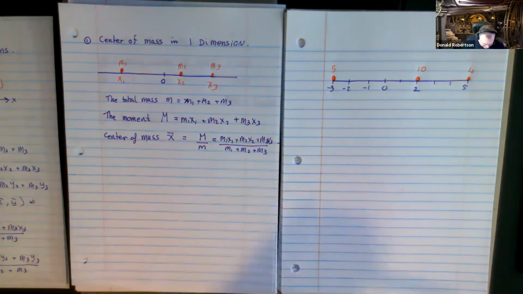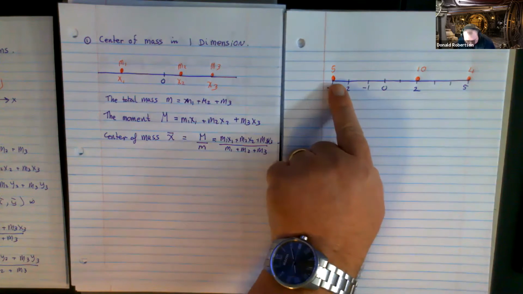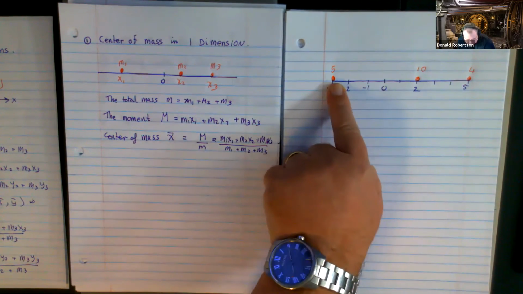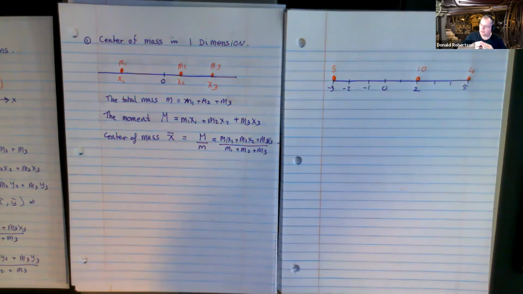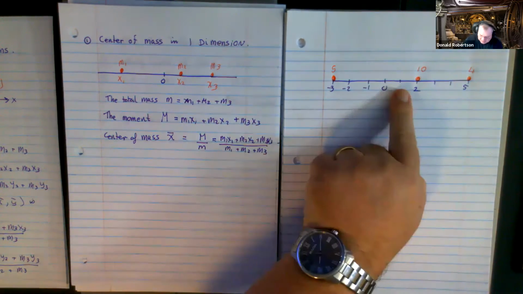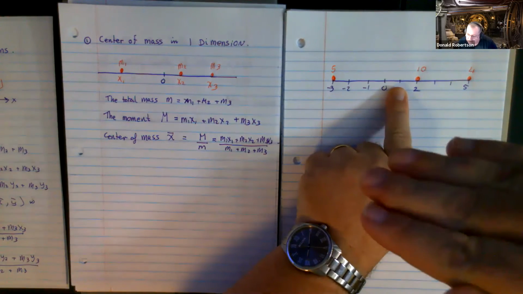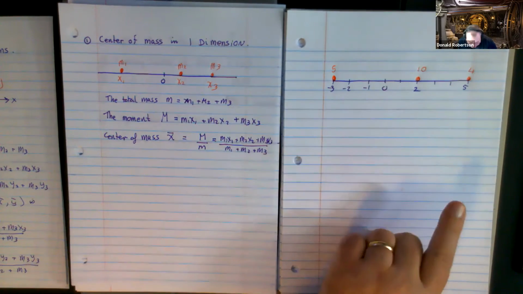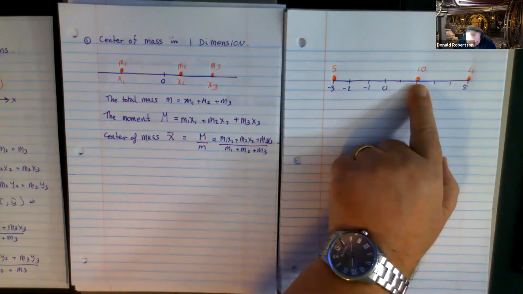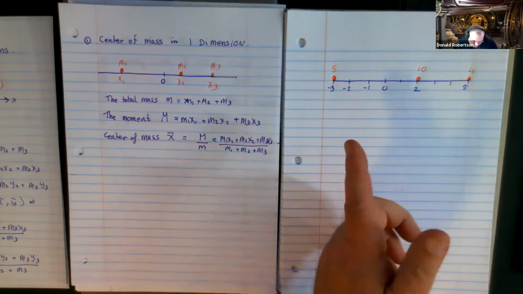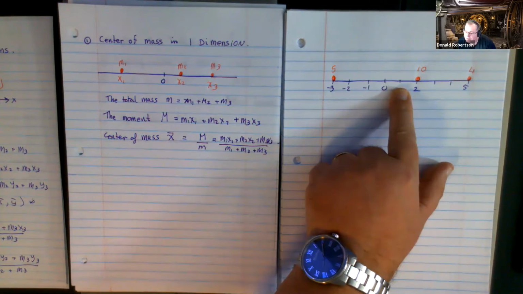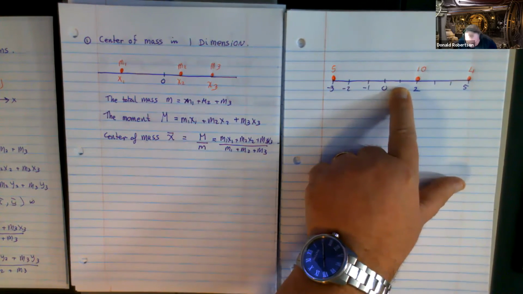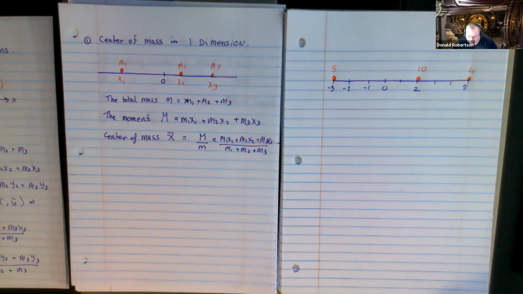Now, when you're calculating what's called the center of mass, you're trying to find one point somewhere between here and here, where if I put a little fulcrum, a little balance point, it would balance. It doesn't need to be over any one of these. The more likely place is probably about here, right about there is a guess. But that balance point is called the center of mass.